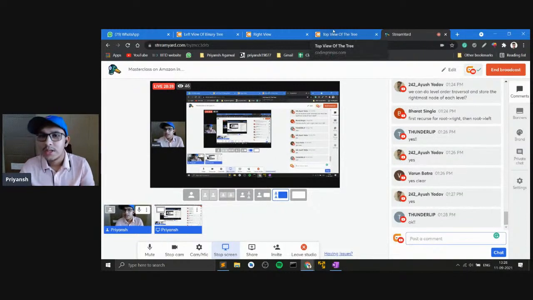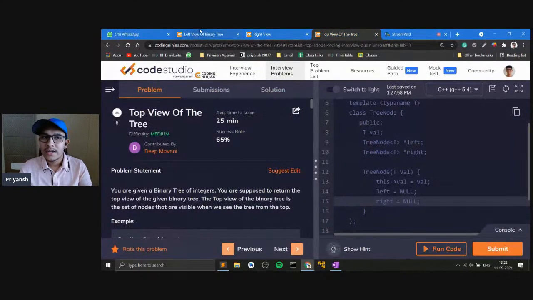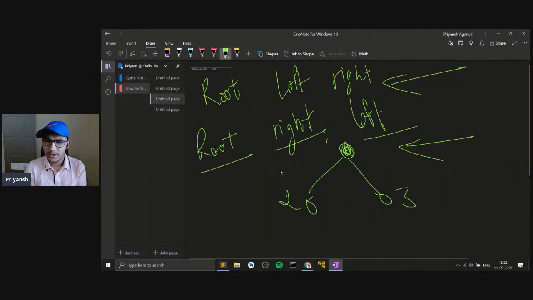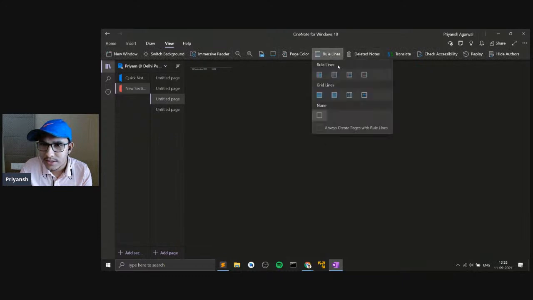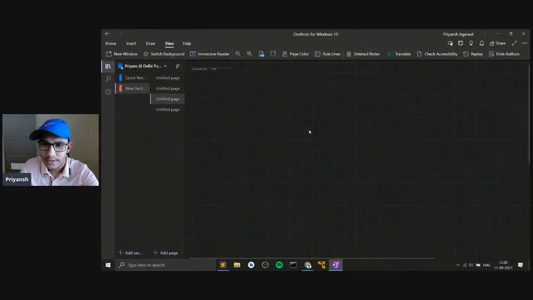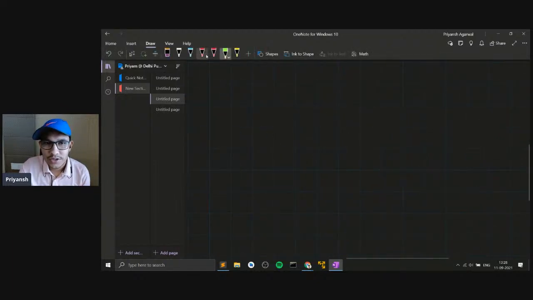Okay, cool. So what we'll do is now we'll look at the top view of the tree. So it gets a little bit difficult now. It wouldn't be so easy compared to what it was in the left view and the right view. Okay, cool. So what I'll do is I'll just consider it like this. Let me pick up ruled lines here so that it makes more sense to all of you. Okay. Now, if you look at this tree, if you consider any tree for that matter,